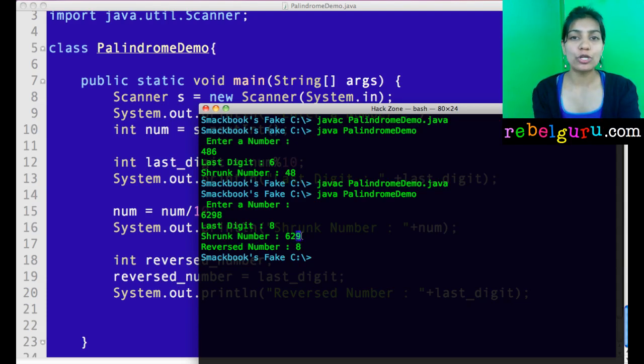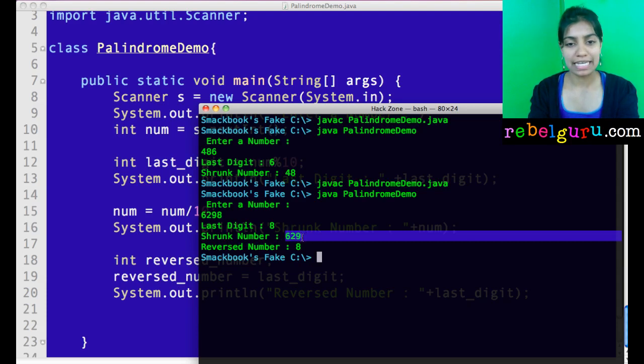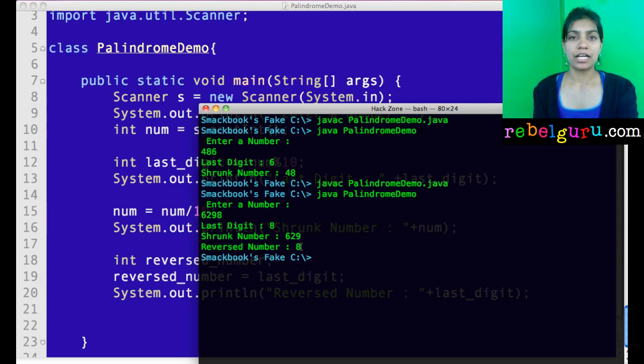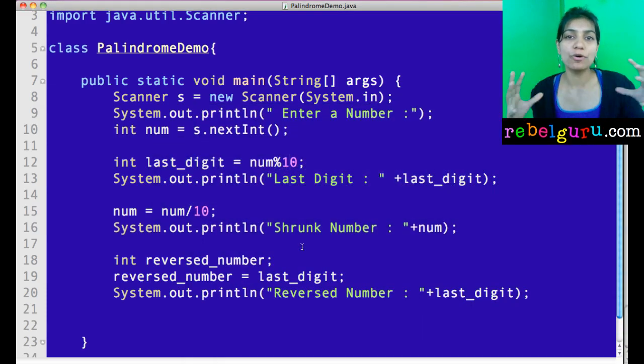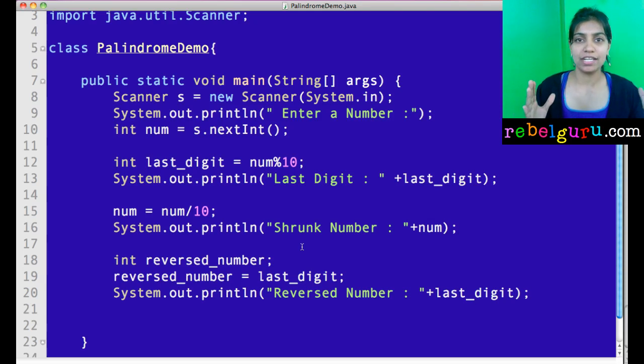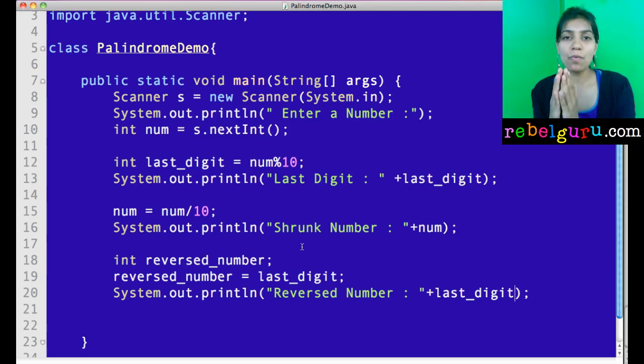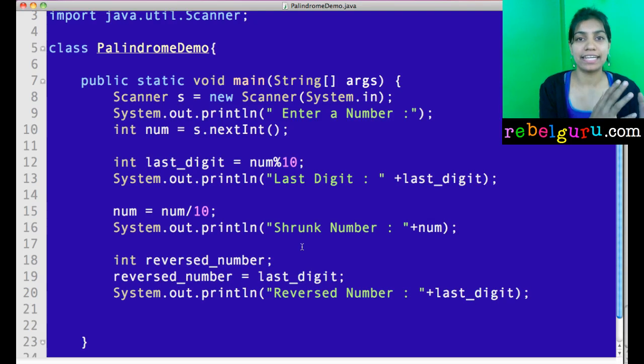I'm again going to do a modulo 10 on my new num. My num has now reduced from 6298 to 629. Again, I will do a modulo 10, which will give me 9. But now I want to append 9 to the reverse number. So what I really want to do is the opposite of shrink, that is expand to left. So I want 8 to shift to left, that means to go to the 10th place. To make it go to the 10th place, you have to multiply it by 10 and add the new unit,